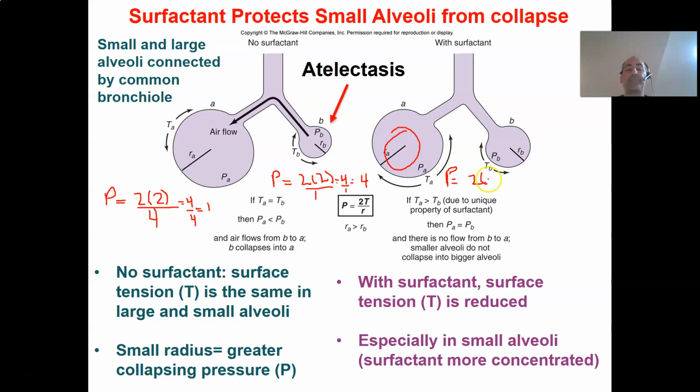So let us say that instead of having a surface tension of 2, and remember the radius is still 4, let's say that it's 1.8. So there's still a decrease, it's just not a very big decrease. So you multiply 2 times 1.8 and you get